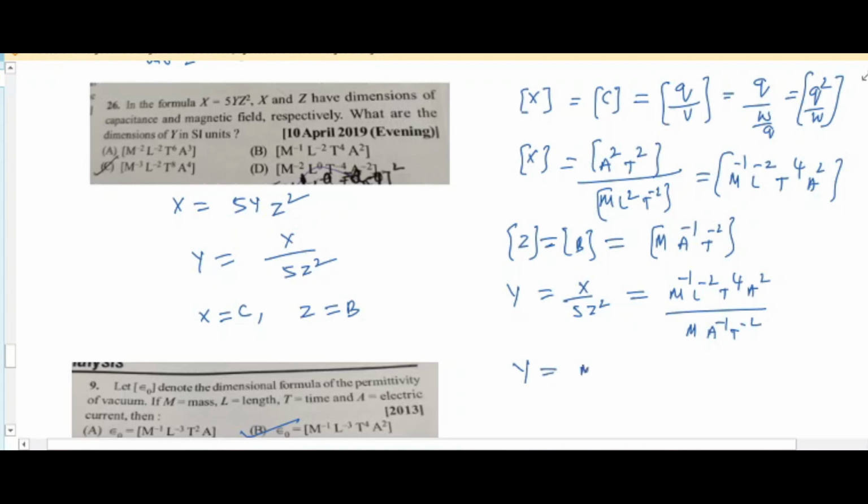Therefore, Y is equal to M to the power of minus 2 and L to the power of minus 2 T to the power of 6 and T to the power of minus 2 A to the power of minus Z square. Z square means